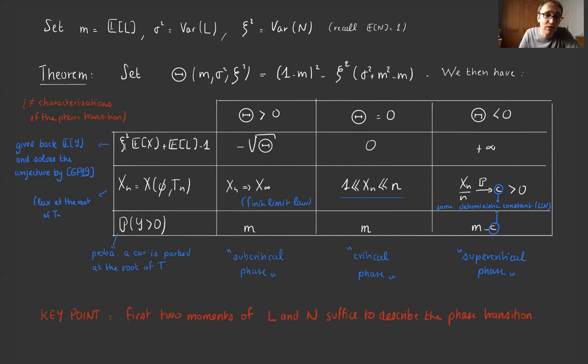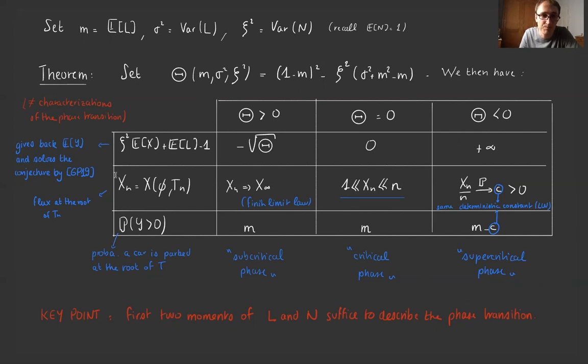So, first line of the table, we give zeta 2 expectation of x plus expectation of L minus 1. So expectation of x is the unknown quantity, the others are parameters of the model. It is equal to minus square root of theta in the subcritical phase, 0 in the critical phase, and plus infinity in the supercritical phase. This, of course, gives back expectation of x, but also expectation of y, and hence solves the conjecture by Goldschmidt